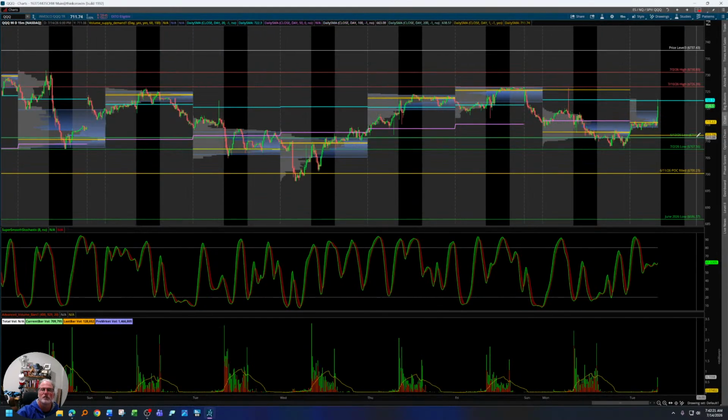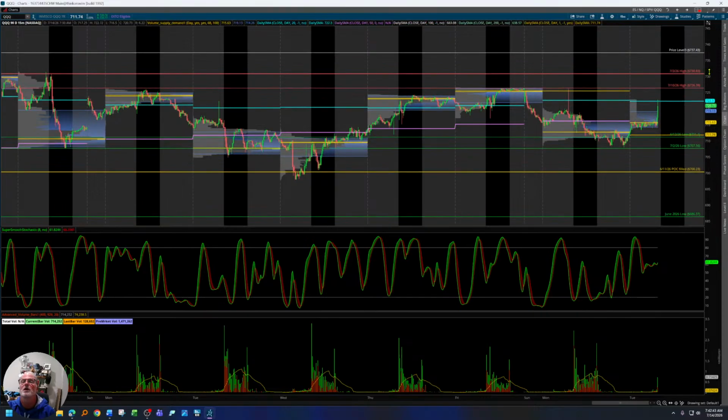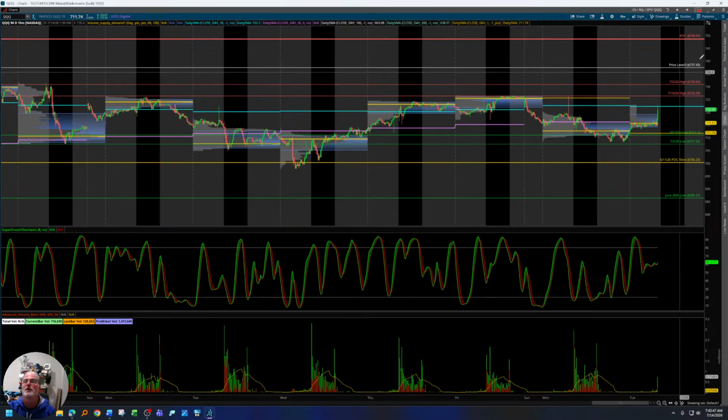Okay, let's get into the Qs here. The Qs are going to be very similar to the Nasdaq, but you can see we are closer to the 20. It did pop up to the 20, and it rejected the 20. So we'll see what happens when the market opens. If you can get that push and hold above the 20, I like us pushing back into this 726.39. It's Friday's high. If you can get a break above that, 730.83 is my next level to be shooting for. And then if you can get above that, 737.43 is the level that I have up there. If you get above that, obviously you're going to start moving towards those all-time highs,